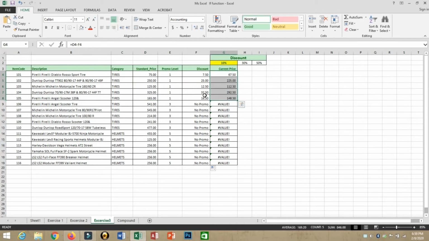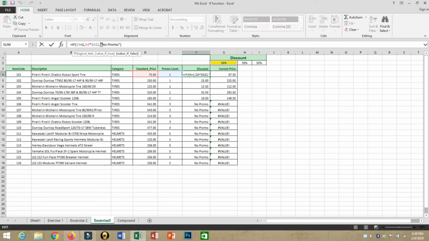Now, how can we deal with this another promo? So we will use our nested IF. We will put here this one. So this is our false value. This is the first logical test here, and this is the true value. Then I will add another IF function or test. If this promo level is equal